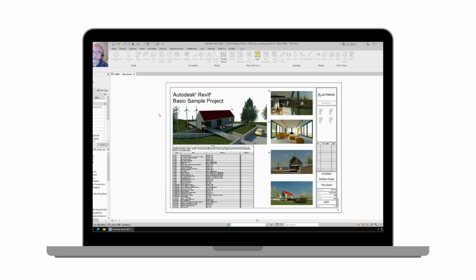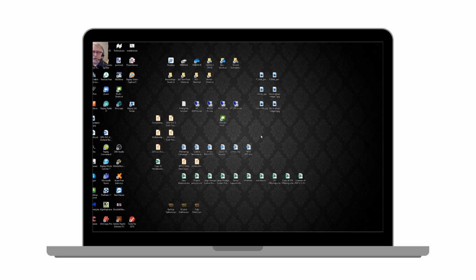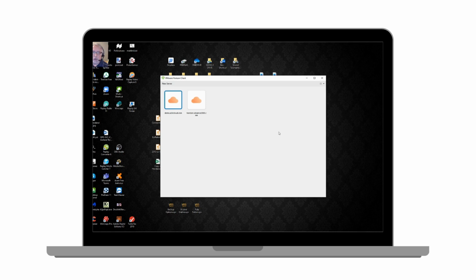If I lose connectivity to my virtual desktop, also keep in mind that this virtual desktop keeps running even though I've lost my connection to it. So now let's pretend that I actually lost connection to this virtual desktop. So I'm working in an airport or something and my Wi-Fi bugs out and I'm disconnected from that desktop. Or let's say I started working in the office and then I came home and I wanted to continue to work. So I have to log in again, put in my credentials again,